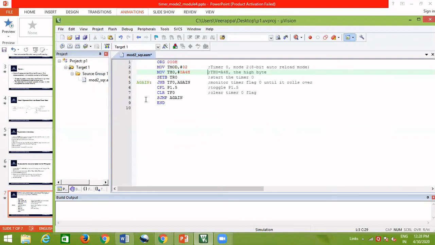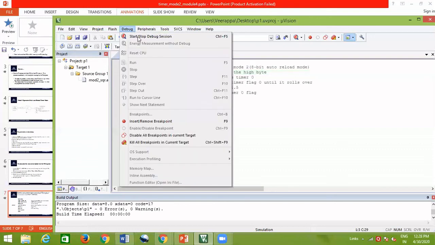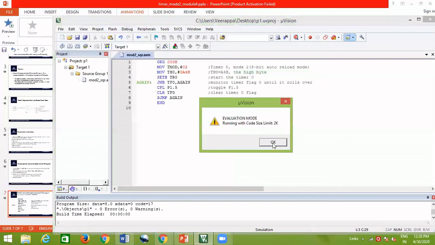This is the code I have just loaded into the Microvision software. I'll save this and check for syntax errors. It is giving 0 errors, 0 warnings here. So perfectly this code is written without any errors. Build this, and let us debug the code to view the square wave.